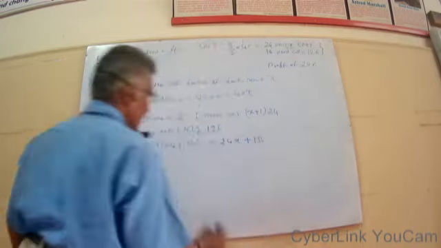So therefore we know that profit equal to selling price minus cost price, because profit is there. So profit is 8x equal to selling price, this 24x plus 150, minus cost price. Cost price is 40x.